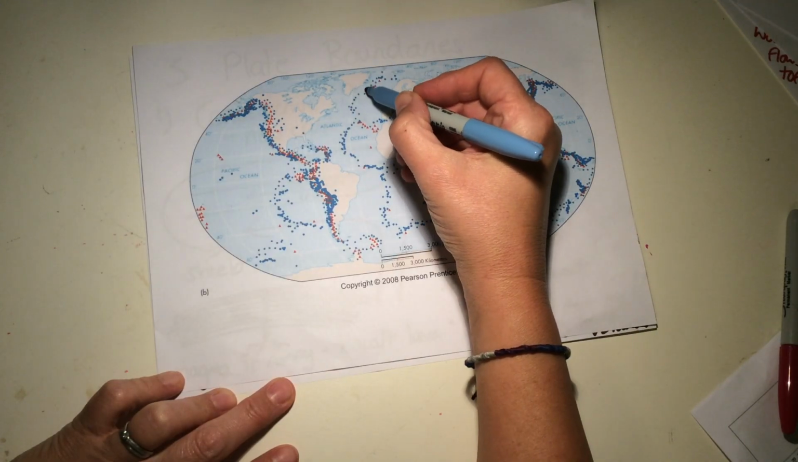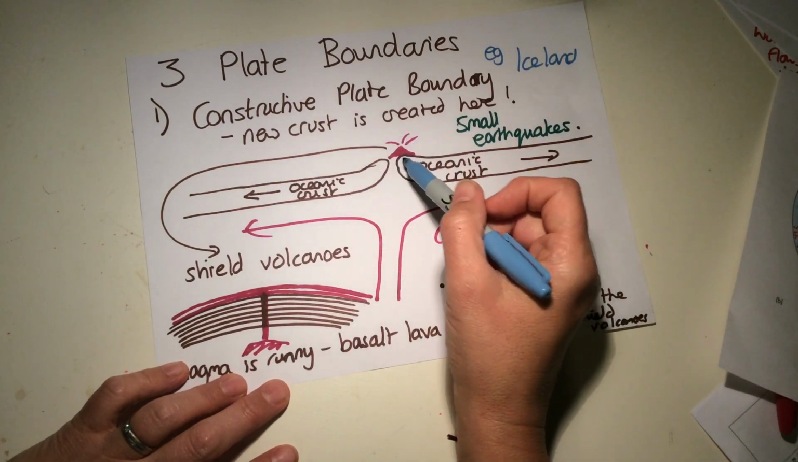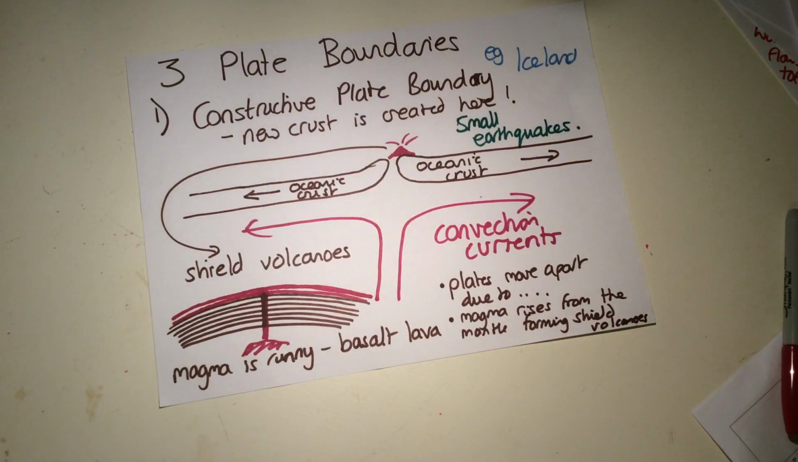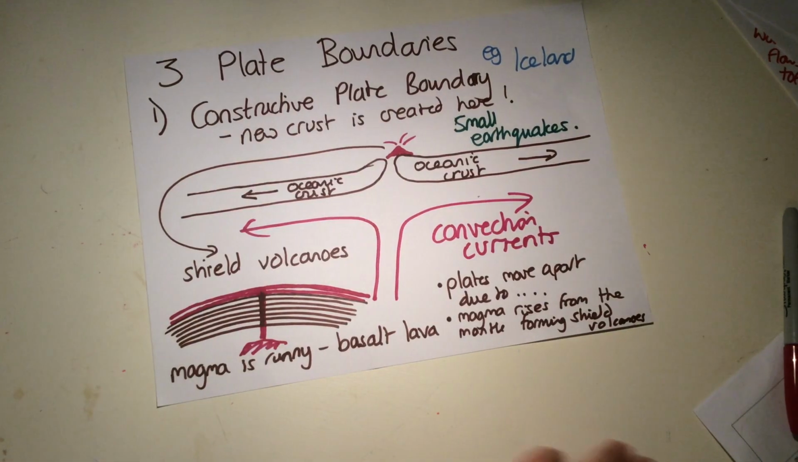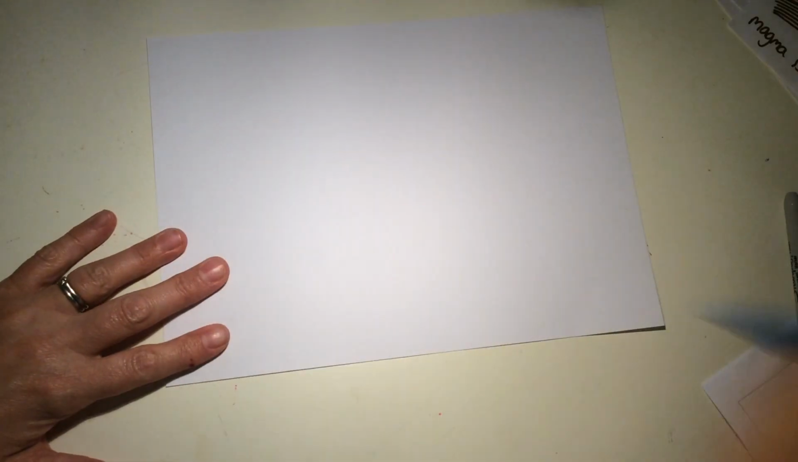Iceland here is on that constructive plate boundary, and we see volcanoes and we see that crust is being created at that point. Okay, that is number one, the constructive plate boundary. Let's have a look at number two. So number two